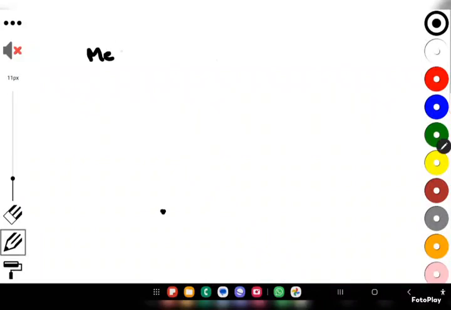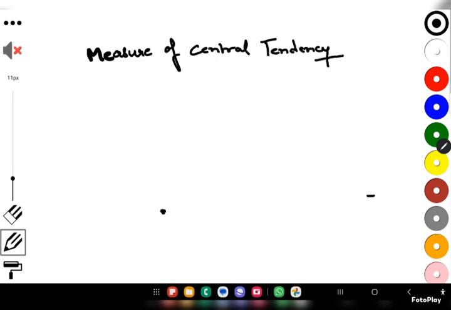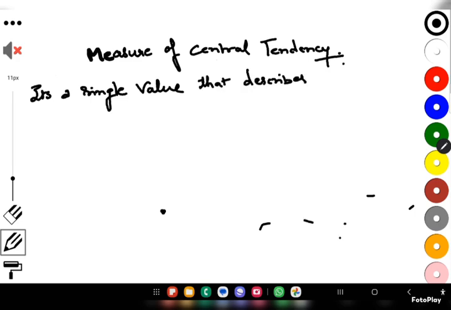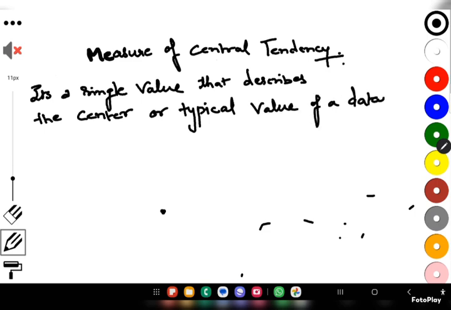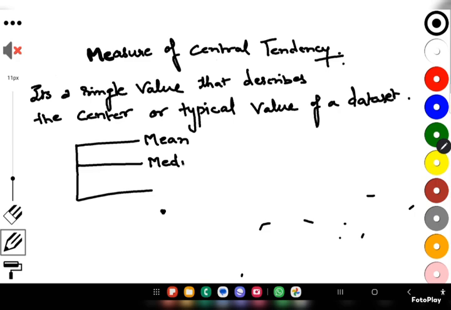The topic today is measure of central tendency, which is one of the most important topics in statistical analysis or in the field of statistics. Now, what is this? It's a single value that describes the central or the typical value of any data set, and it aims to summarize a distribution of data with a representative number. It is the most common measure, and it can be broken down into three major parts, which are mean, median